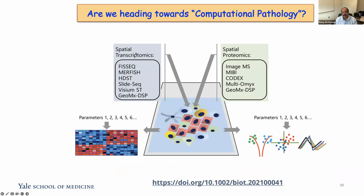This means that we are going to combine spatial transcriptomics and spatial proteomics, all together into a single platform on the same tissue. Then we train our AI programs with various parameters, and those parameters will give you a differential diagnosis, and those diagnoses can be used by a pathologist for reporting purposes as well as by the clinician to make clinical decisions. So this is where pathology is probably going with the advent of all these new